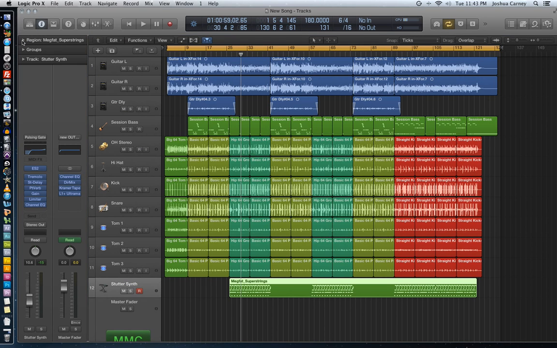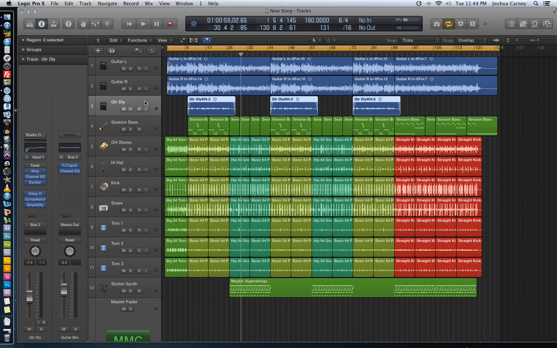One other really big thing about Logic 9 is flex pitch. Now, as of version 9, we had flex time, which is a lot like Elastic Audio in Pro Tools. It lets you quantize and time compress, time expand audio. Flex pitch is cool because it basically takes the Melodyne plugin, which a lot of you guys probably have already